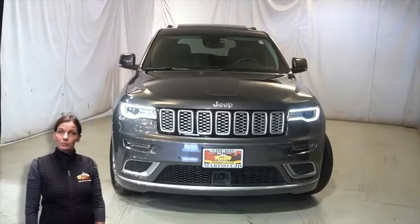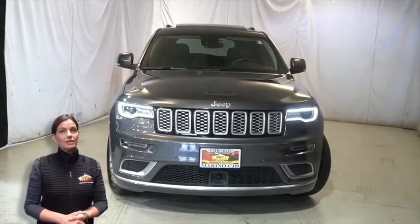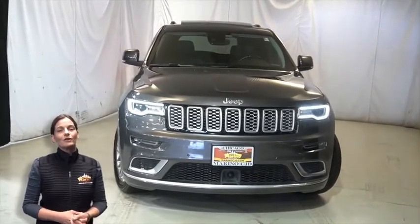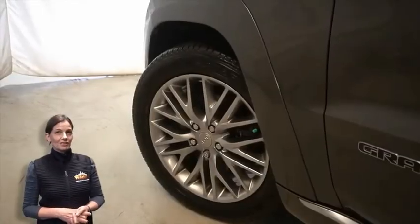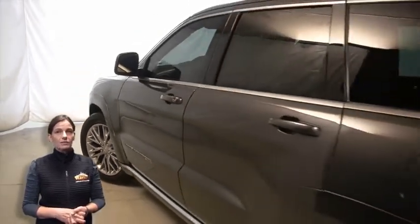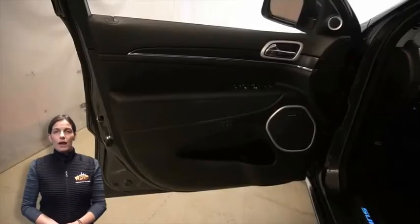Looking for a highly equipped SUV with all the right options and reliability? We'll take a look at this certified pre-owned 2018 Jeep Grand Cherokee Summit in granite crystal metallic. With gunmetal headlamp bezels, premium LED fog lamps, 20-inch aluminum wheels, power heated mirrors, platinum side roof rails, LED tail lamps, heated and ventilated front seats, heated steering wheel, 21,000 miles on the odometer,